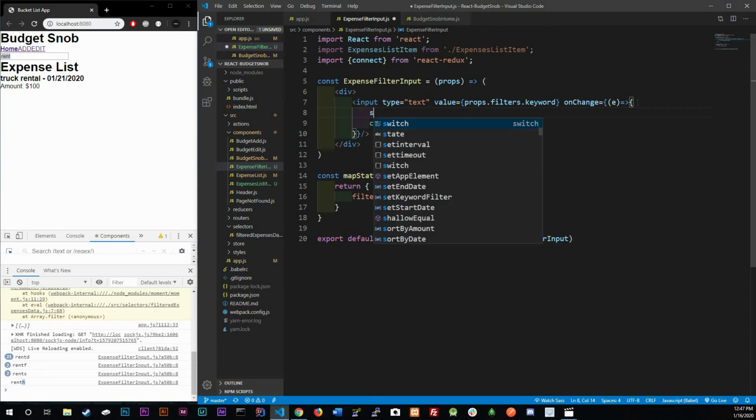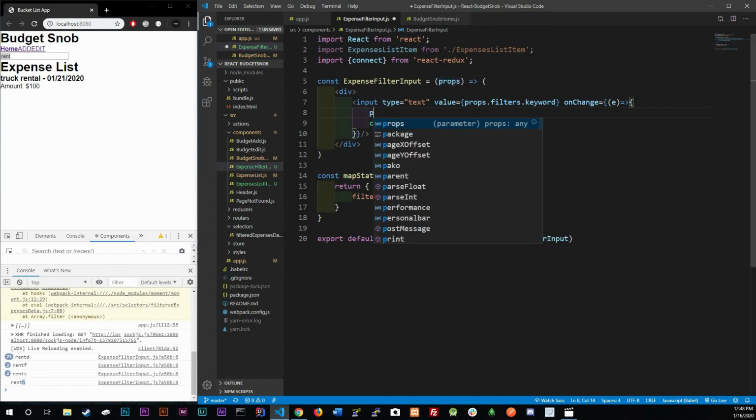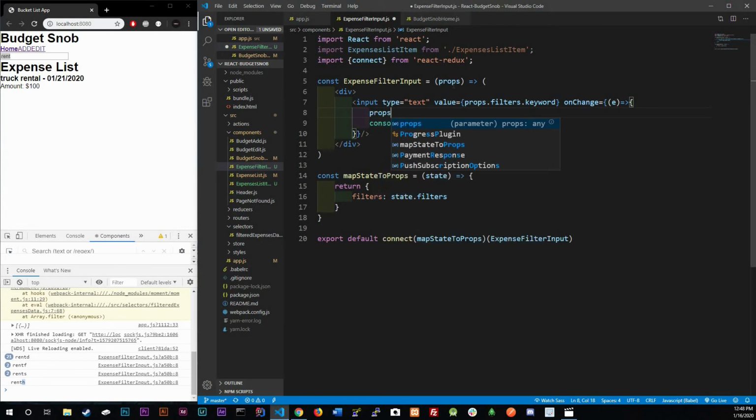Usually you're used to store.dispatch, but the thing is we don't have access to the store because the store isn't on this component. You don't have the variable store on this component, but what we do have is the props. Props actually has our dispatch method inside of it. So we could access our dispatch method from props. So props.dispatch,